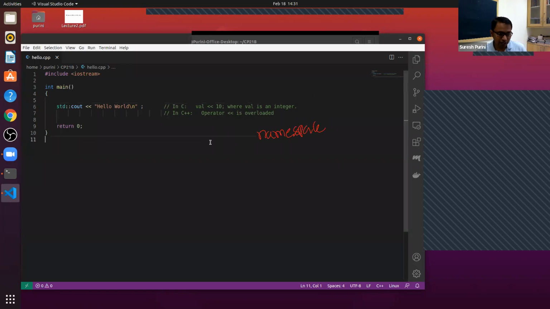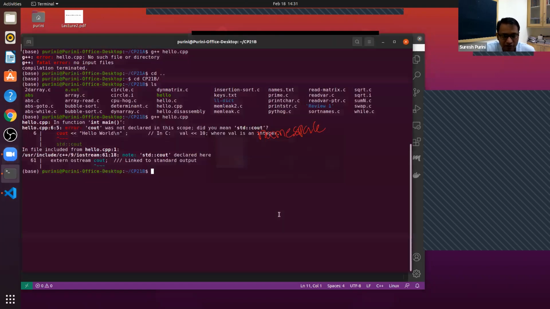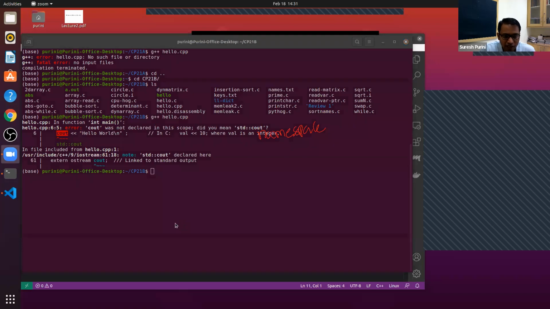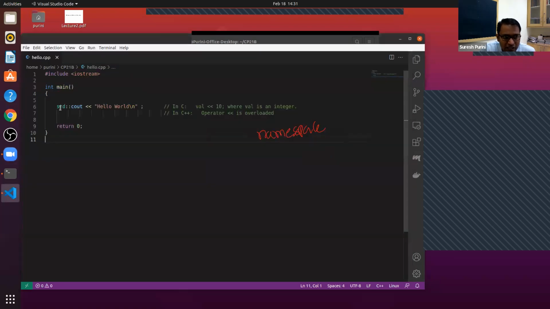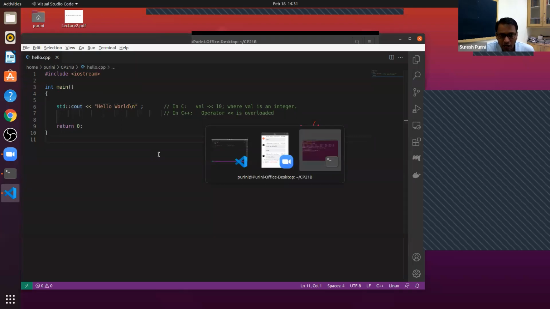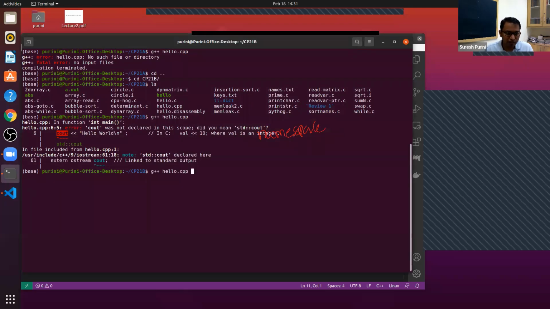So now let's compile this program. When we used cout, earlier it gave a compilation error. cout is equivalent to printf, and it gave a compilation error saying it didn't recognize cout. But then when we specify that we are referring to the cout from the std namespace, the compilation goes perfectly fine. See, now it prints. Are you all with me here?